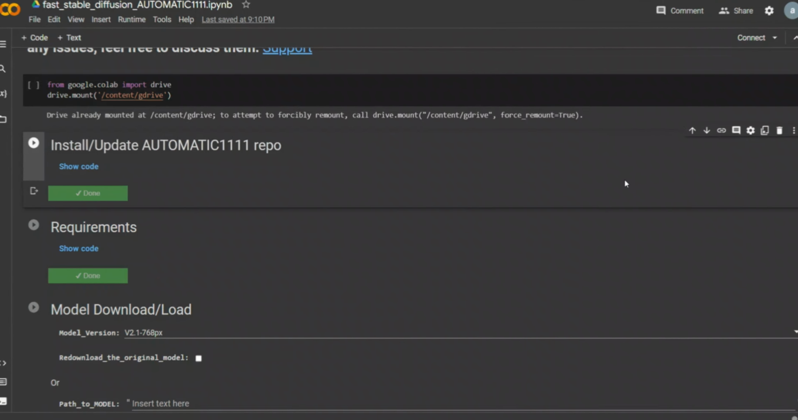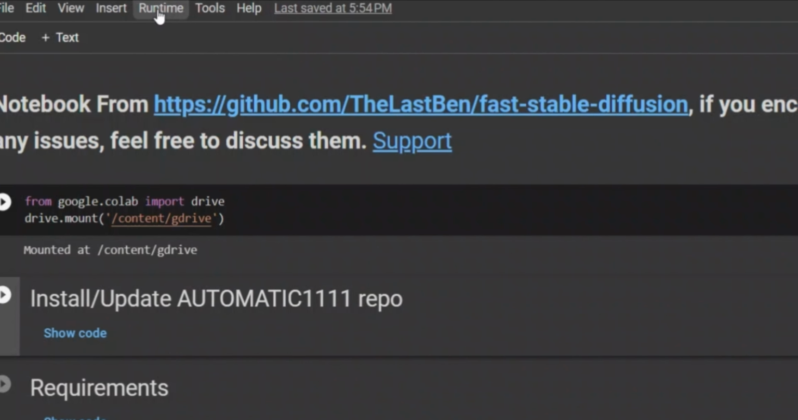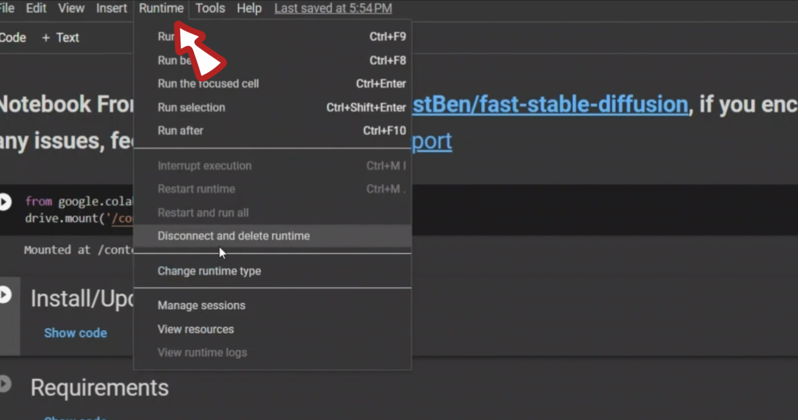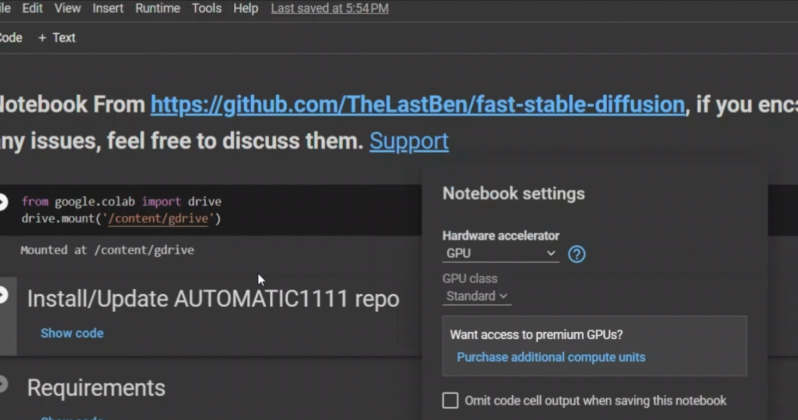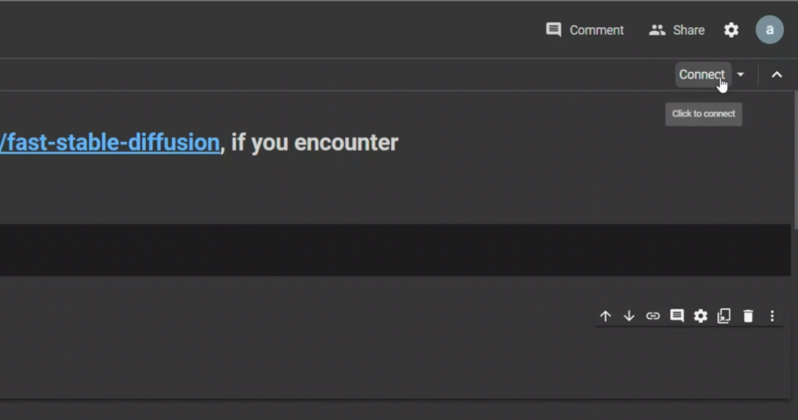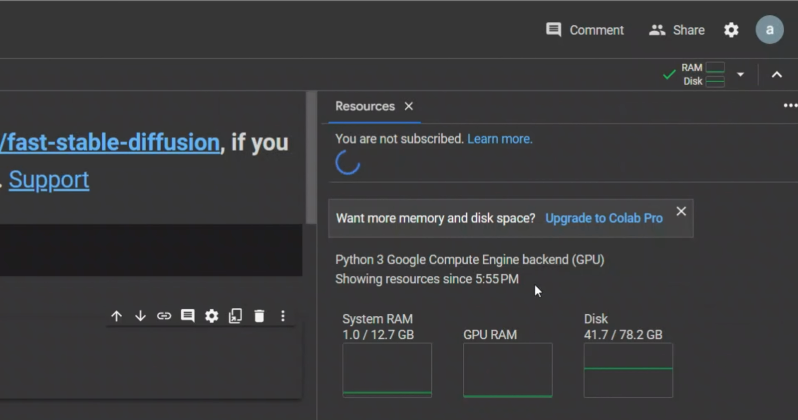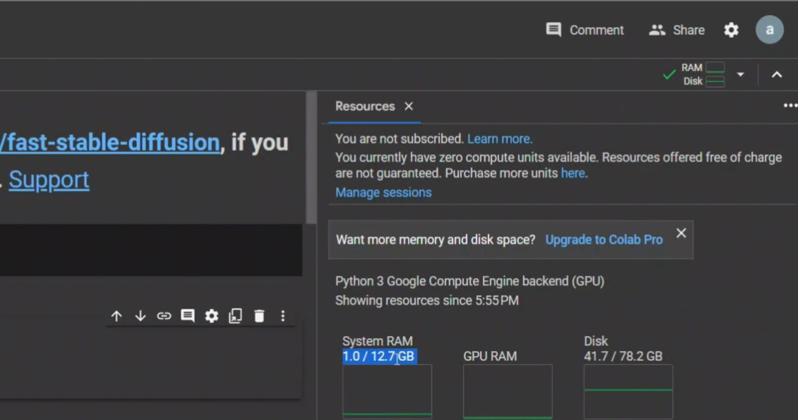So let's get started. Before running the notebook, let's make sure that it's using the GPU. So click on Runtime, then change runtime type and make sure that for hardware accelerator GPU is selected. So click GPU and hit save. Next, click connect. It simply allocates you an instance on Google Cloud. So now you can see different resources, for example the RAM that you have, GPU RAM, and then the disk